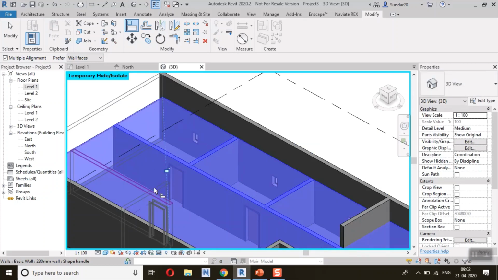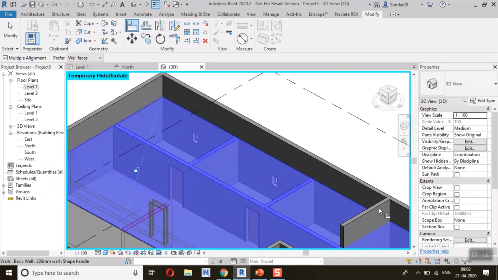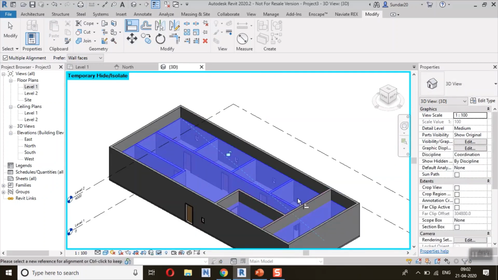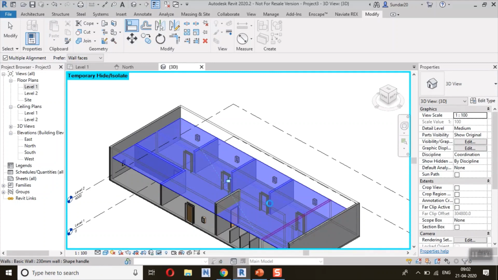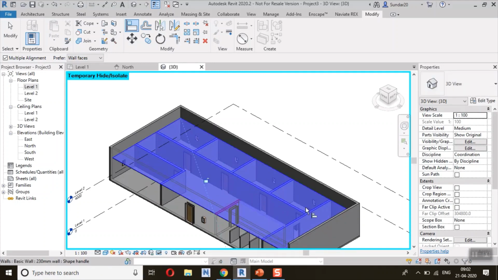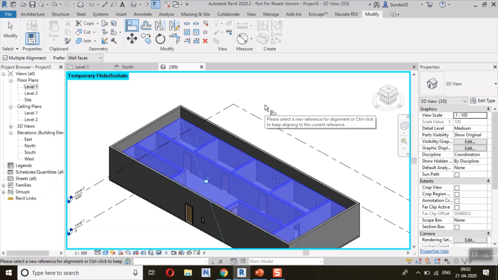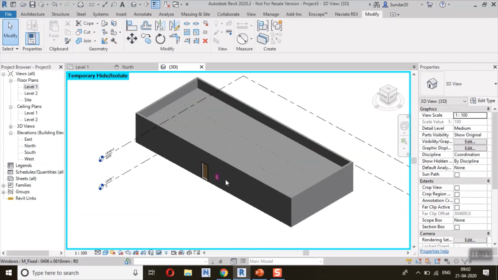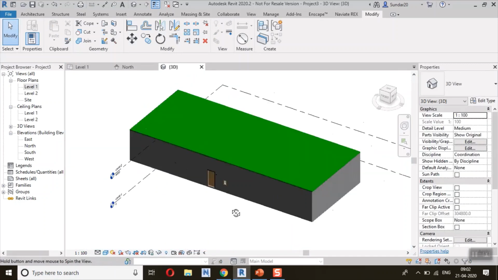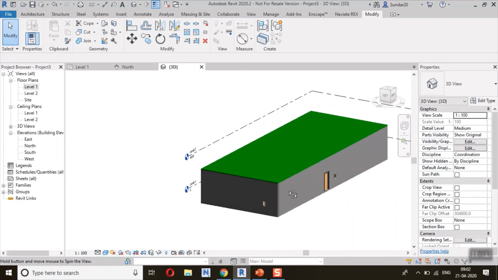Okay, how to select all the inner walls. Then almost, yeah. And the final step, just reset temporary height and display. So finally I got an office building.